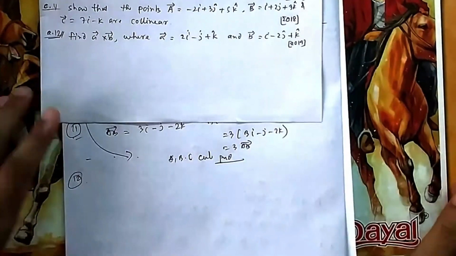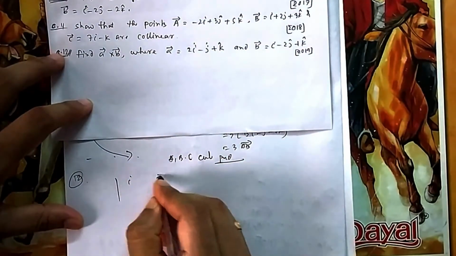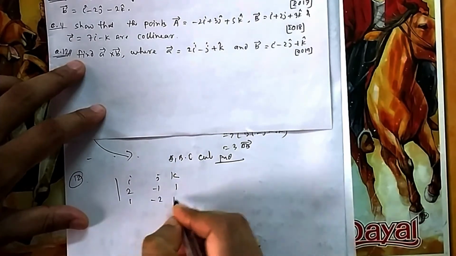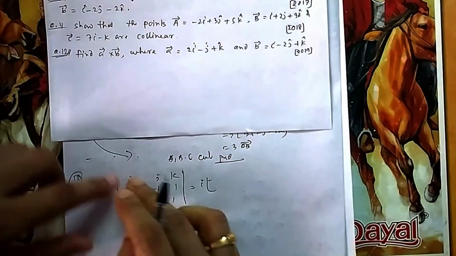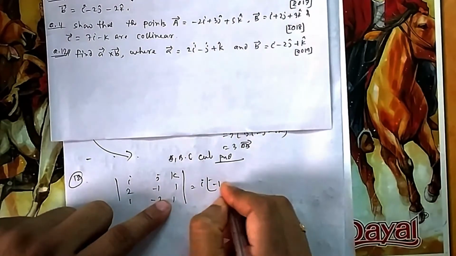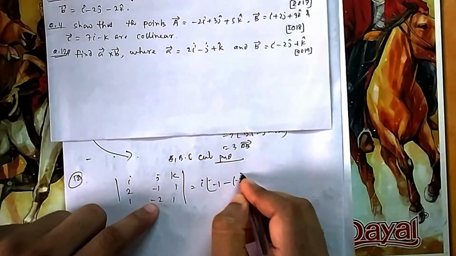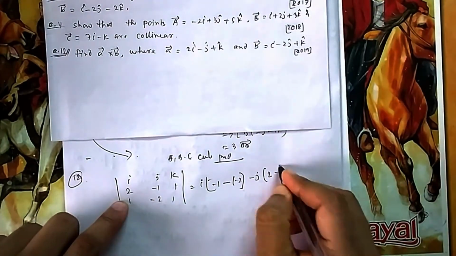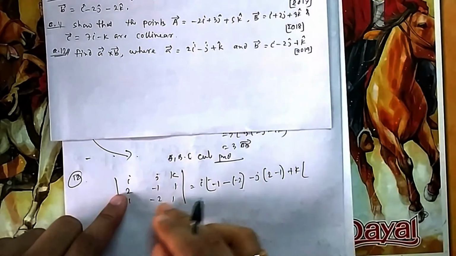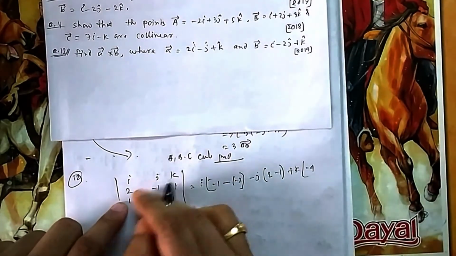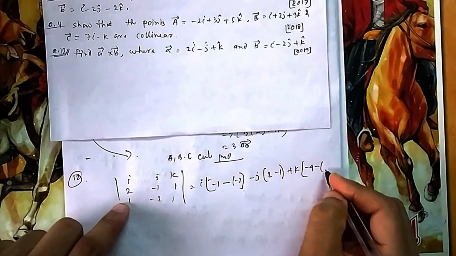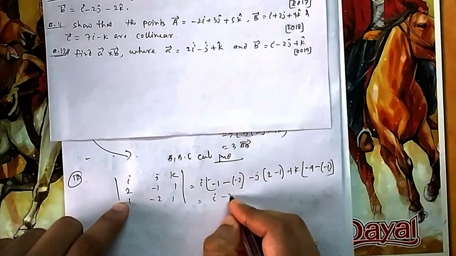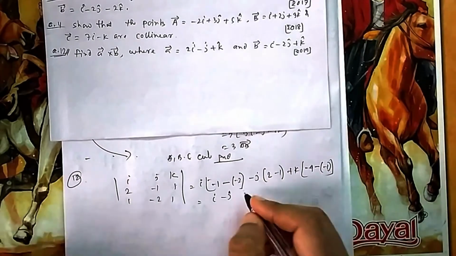Now if you come to 12, again A cross B, this one we have already seen using the determinant, with rows 2, minus 1, 1 and 1, minus 2, 1. So how to find this determinant? For i, if you strike out its row and column, then minus 1 minus 1 is minus 1, minus this 2 minus 2. Then it is minus j, this into this 2 minus this into this 1. Plus k: you strike out, 2 minus 2 is minus 2, minus 4, then minus of minus is minus 1. Then the result is (2 minus 1) i minus j minus 3k.